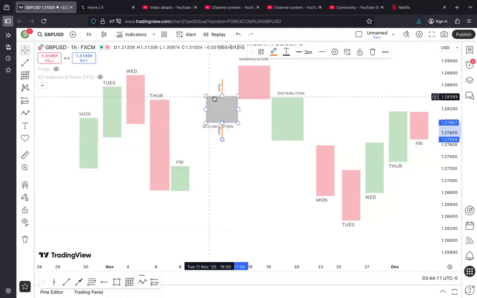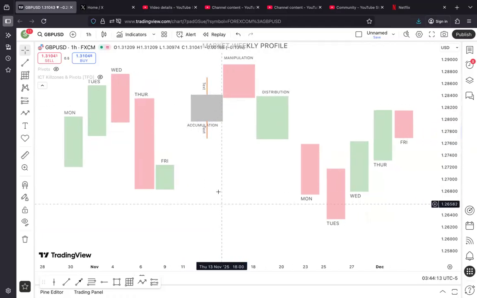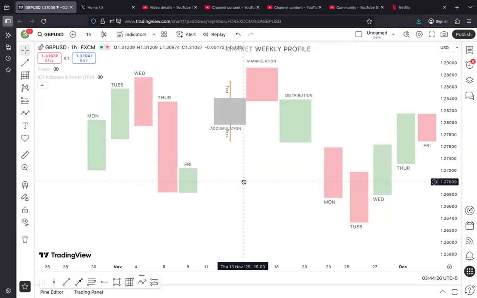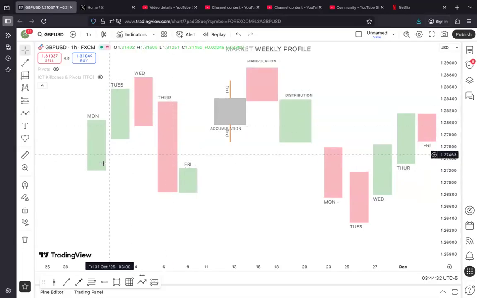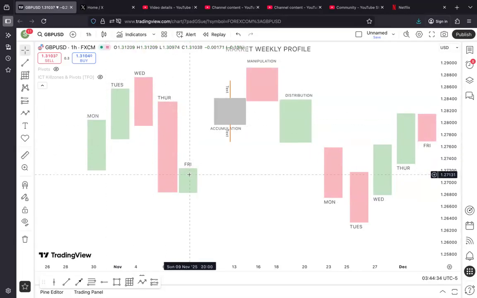So when this opens, that is your Monday, to accumulate, then to go up to manipulate on Tuesday and Wednesday, then expand on Wednesday, Thursday, then on Friday to go back up to close that candle. That is an ideal candle for you. And that is essentially what happens on the weekly candle as well. So all 5 candles are embedded in just 1 week's candle.